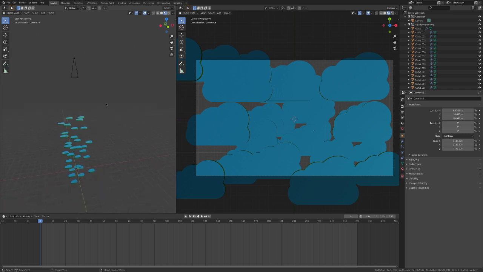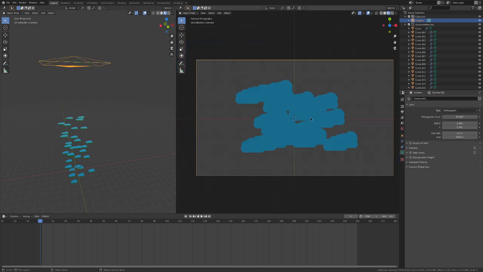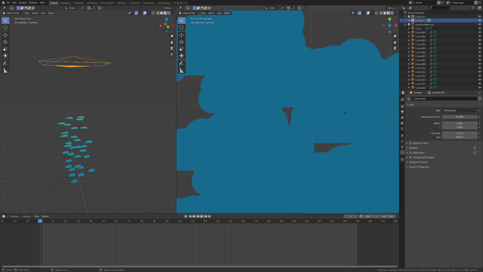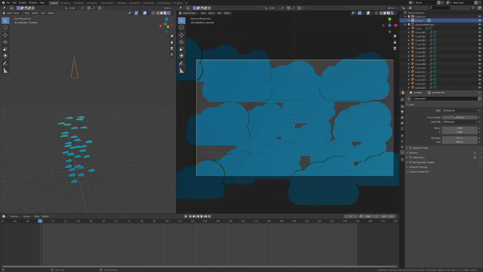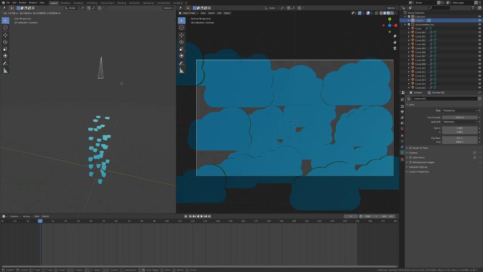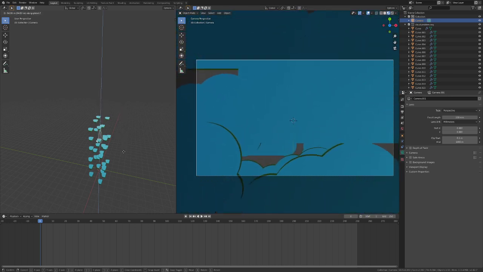So now I'll show you the two different effects. If the camera would be orthographic, I would see this, because I don't see any depth in the scene. And if I zoom in, nothing will change. While if I have a perspective camera, which is a normal camera, I would say, and I move the camera down, I have this sense of